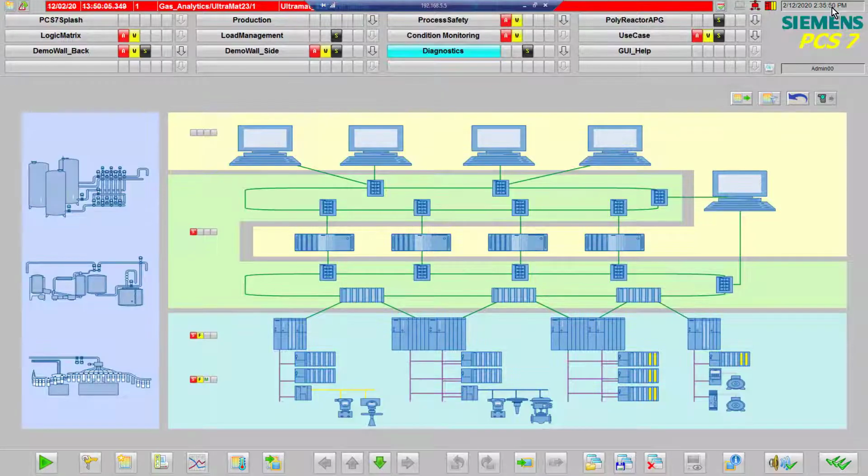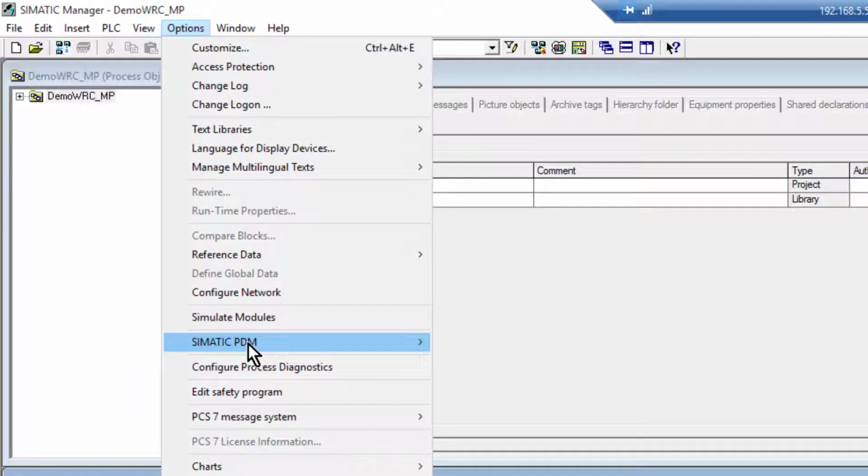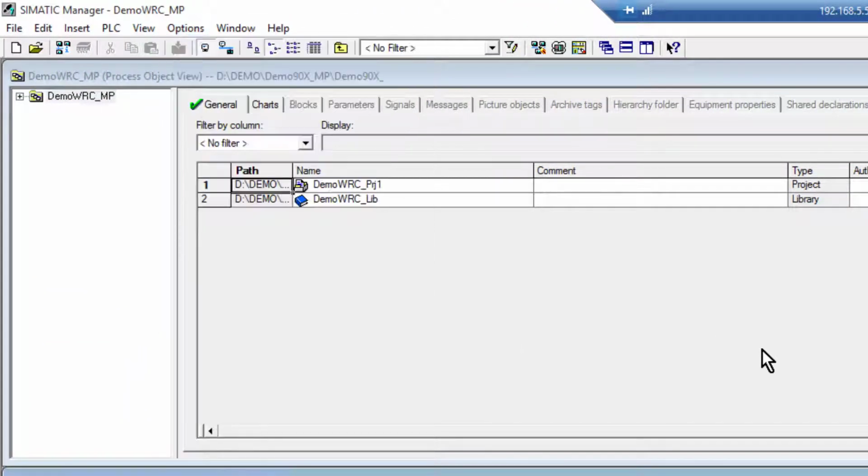gather the data. So once you have the Boost EDD installed, the next stage is to tell PDM where you are going to send the asset XML files to, and that's got to be the same location that you've set in your DS GW software. So if we go to Options, PDM, and then Settings,